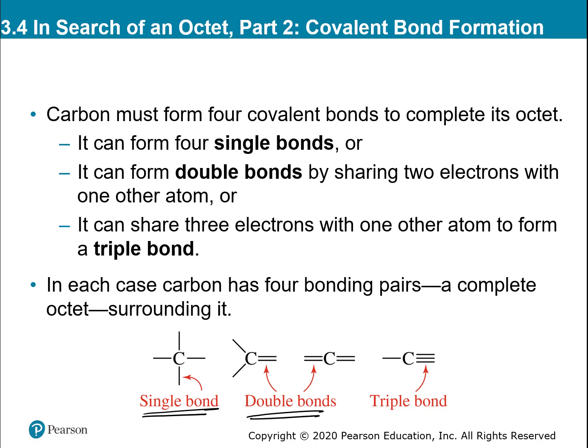A double bond is where you have 2 pairs of electrons, or a total of 4 electrons shared between carbon and another atom in order to create stability. It's even possible, not that common, for carbon to form a triple bond, because that would be 3 pairs of electrons, and then 1 more pair of electrons would give it its total